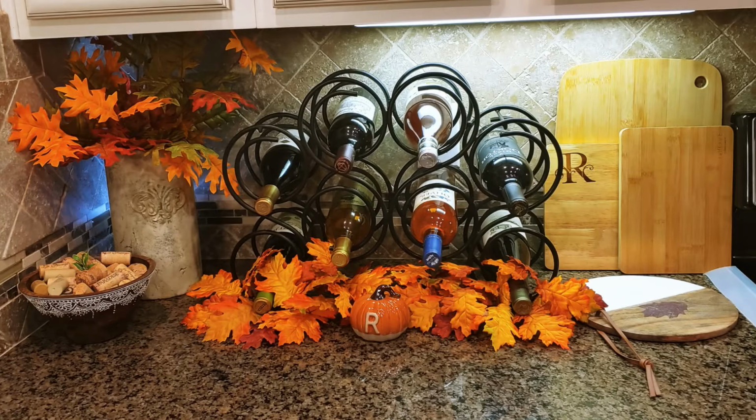I then added a beautiful wooden board full of corkscrews, and I had to add a touch of greenery. Although it's a small touch, I still had to put a little bit of greenery in this video. So then I added my little monogram pumpkin, and to complete the look, I placed my Olivia Pope wine glasses